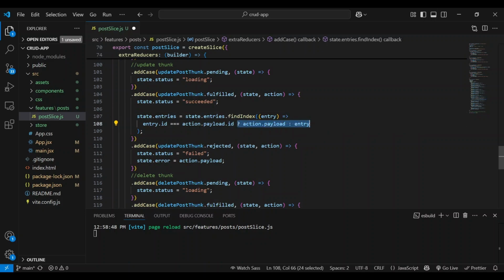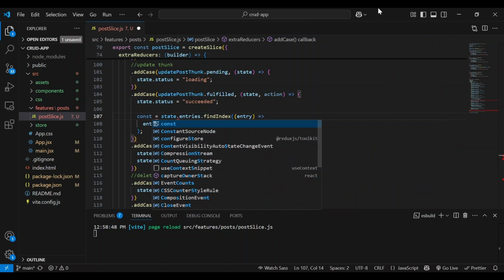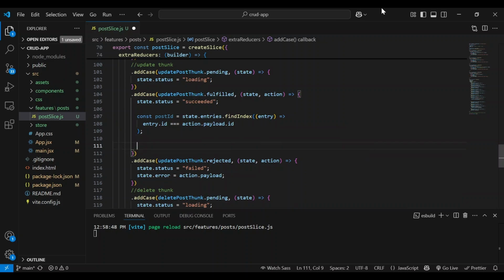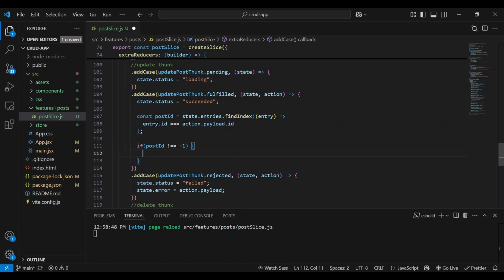And we're going to get rid of this. We're going to save it in a variable, and we're going to call this post ID. And now we're going to go down, and if the post ID does not equal -1, because -1 means that it doesn't exist. So if it's not -1, that means that the post exists. And if it exists, then we want to update state